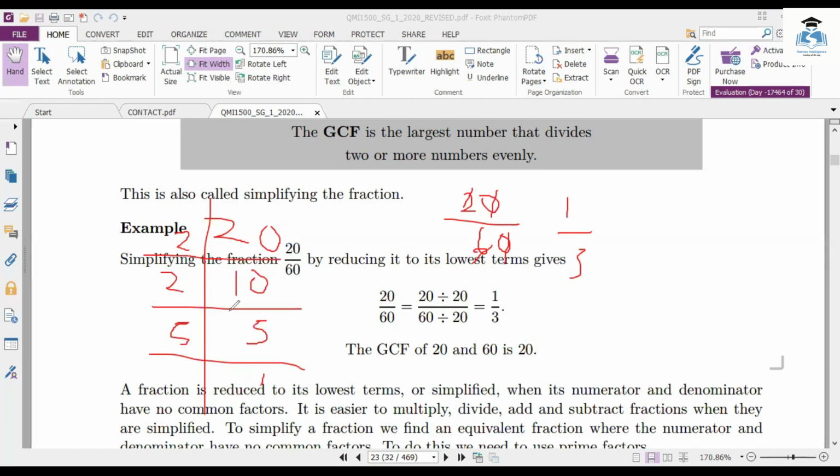So we are reducing this into prime factors. We are saying 20 is the same as 2 times 2 times 5. Then for 60,